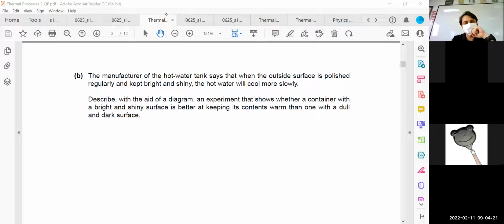A dull black substance tends to absorb light, like sunlight, more, but a surface with a shiny or white paint might actually reflect. It has a better reflection rate, so that it won't actually